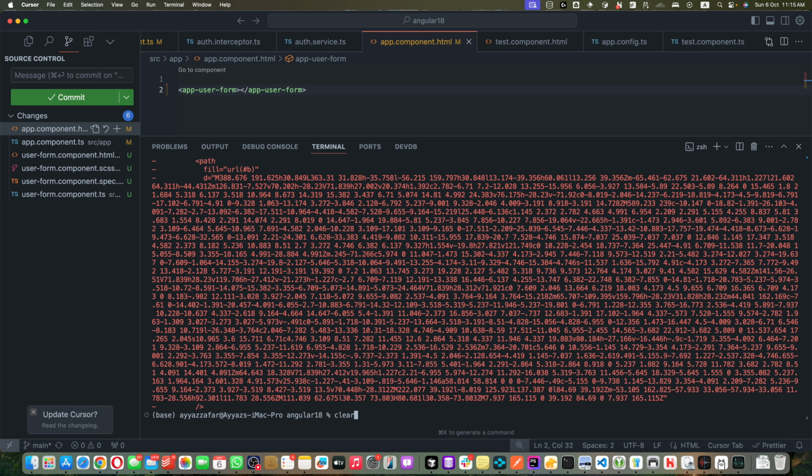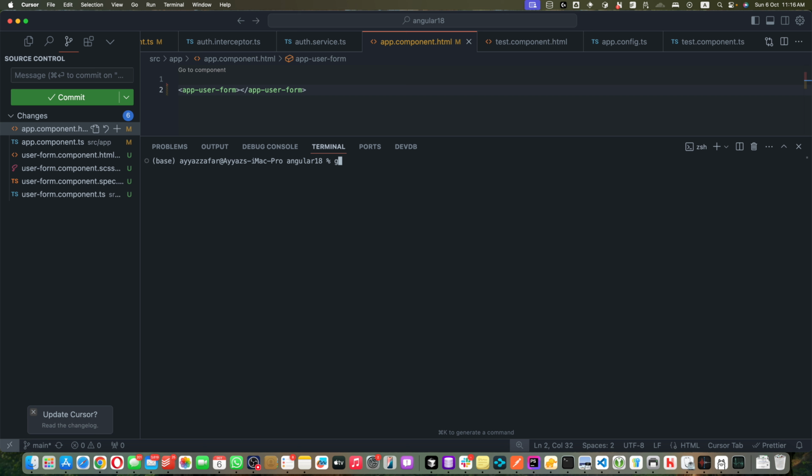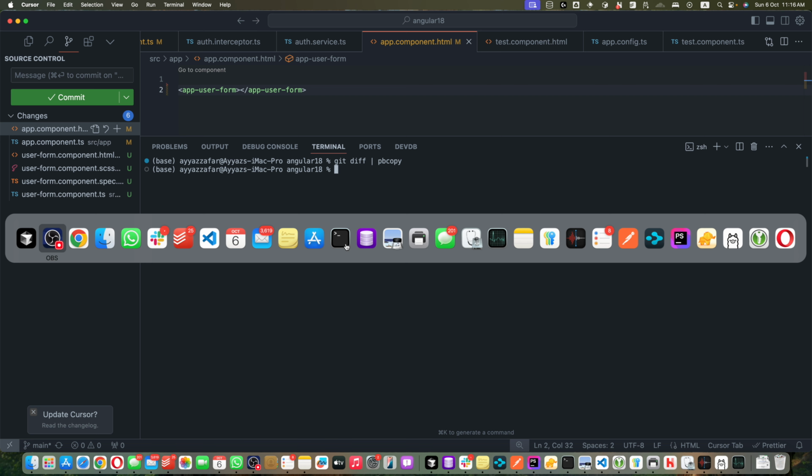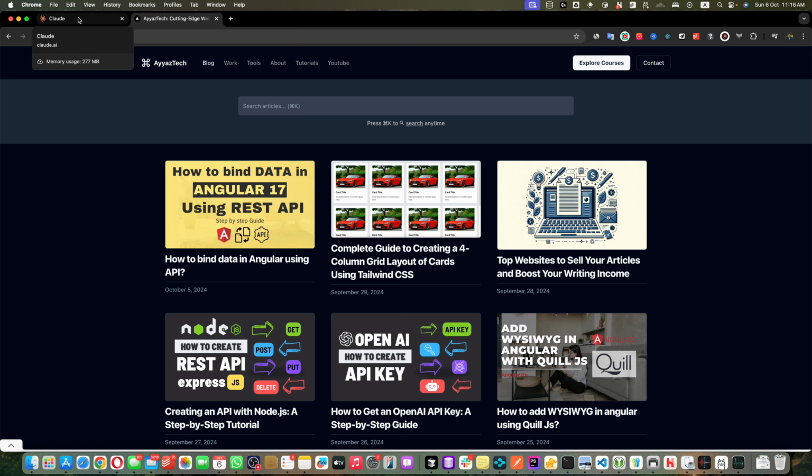First of all, you have to type the command git diff and pbcopy. So git diff, pipe operator, pbcopy. With this command, it will print all of the changes on the fly, and with the help of the pipe operator and pbcopy, it will take all of that output and put it on the clipboard. Once you do that, you will not see any text or changes in the terminal, but it is now on your clipboard. Now if you just go back to the AI tool that you are going to use,